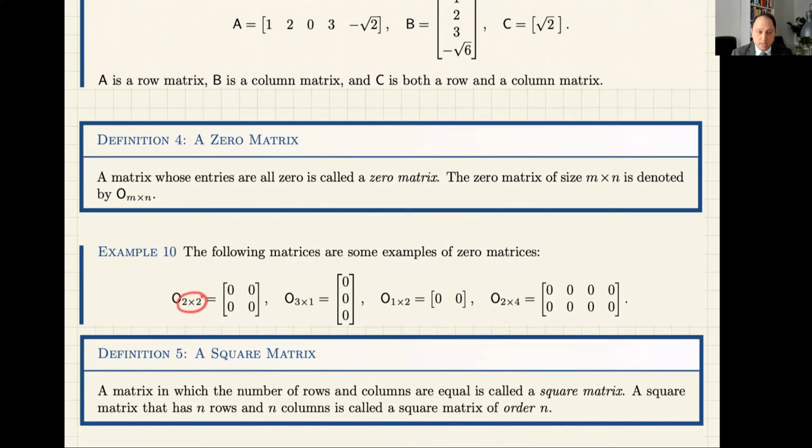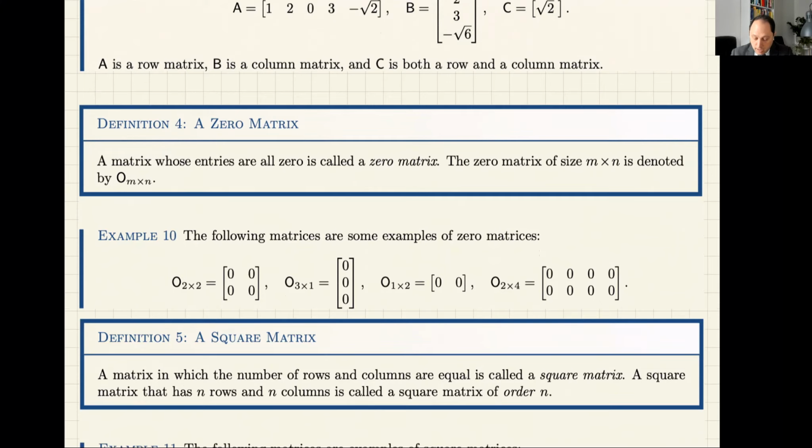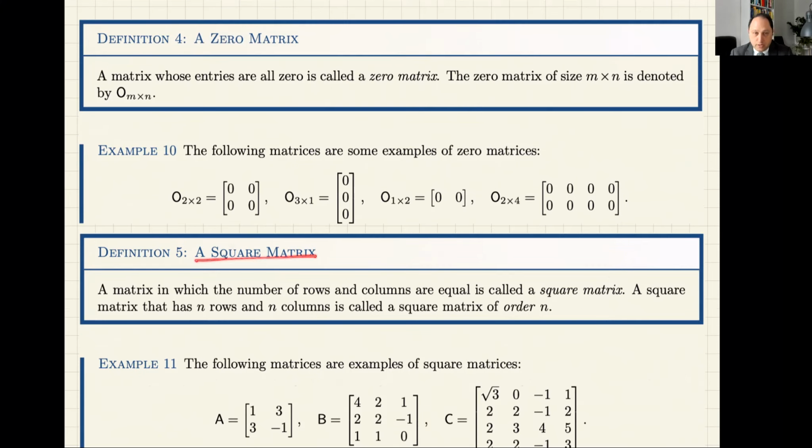But if I fix the order, then there is only one unique zero matrix, very naturally, yes? So the point is that all the entries, all of them, without exception, should be zero. If that's the case, you are facing a zero matrix. Okay. Another very important terminology in matrix theory is the notion of a square matrix, but this is so intuitive,